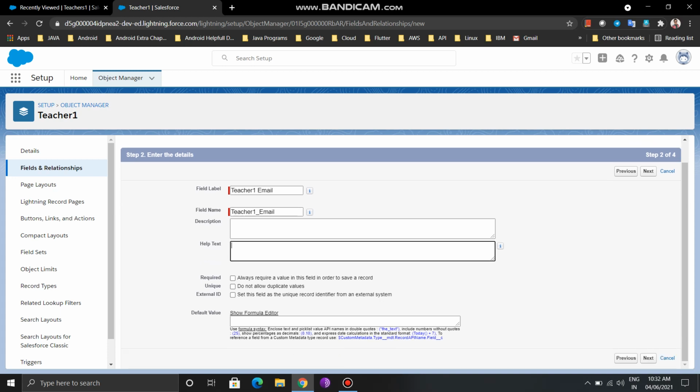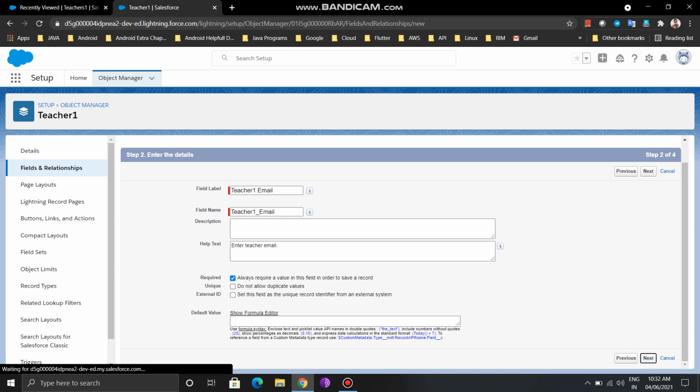And for help text you just need to enter teacher email. And if you want to make your email field required, meaning when anyone enters the data about a teacher, at that time they need to enter the teacher's email because it is required. So I'm just checking the required field and clicking on next.